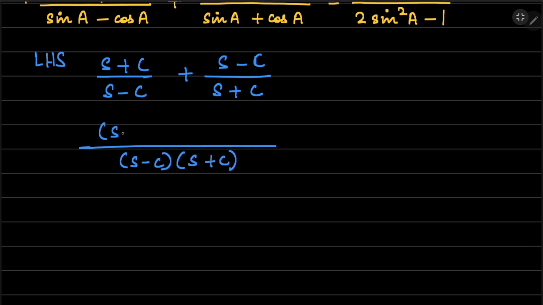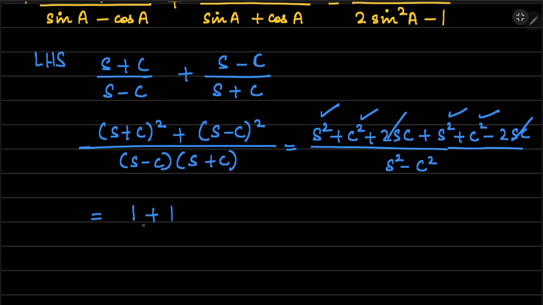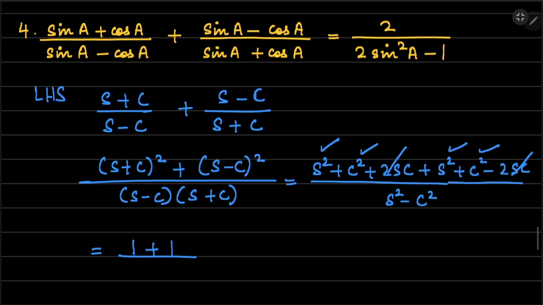So here you'll have numerator sine plus cos the whole square plus sine minus cos the whole square. Expand it using a plus b the whole square: a square plus b square plus 2ab. Again plus a square plus b square minus 2ab. Okay. Divided by, what is a plus b into a minus b? A square minus b square. Okay. So you have sine square plus cos square. Again, cos square plus sine square. So what is sine square plus cos square? It is just 1. So 1 plus 1 divided by